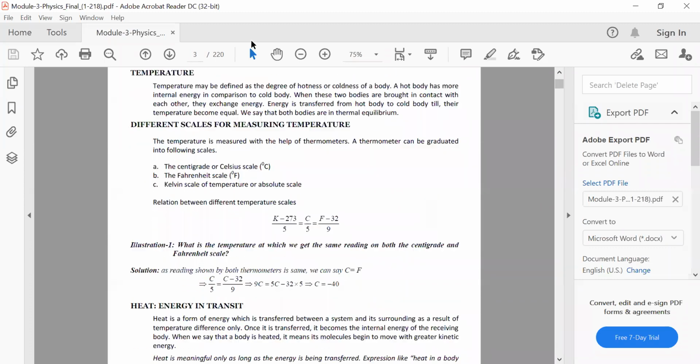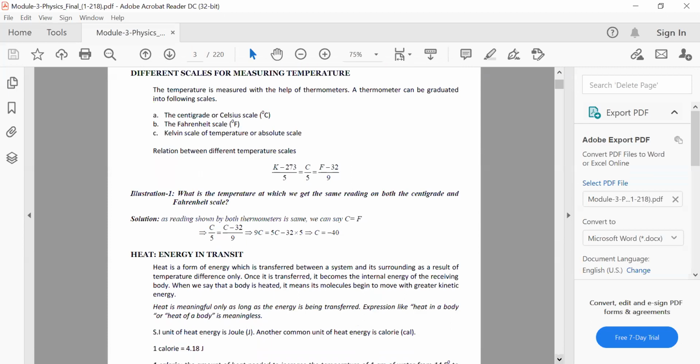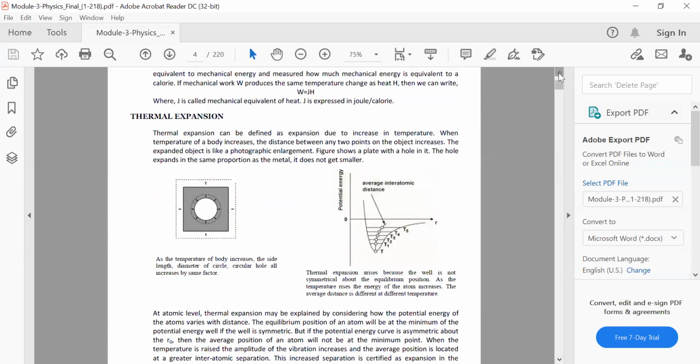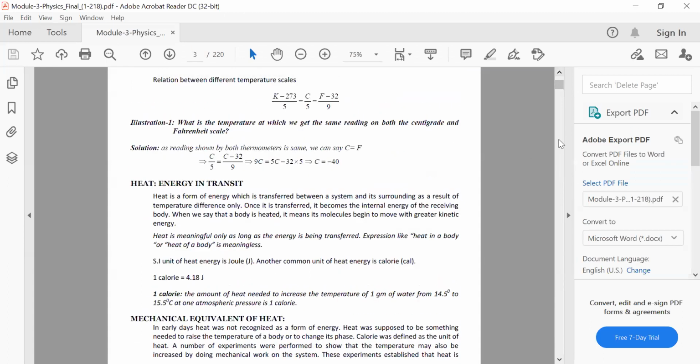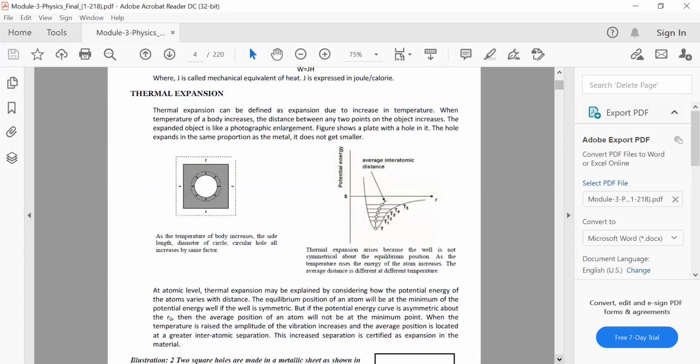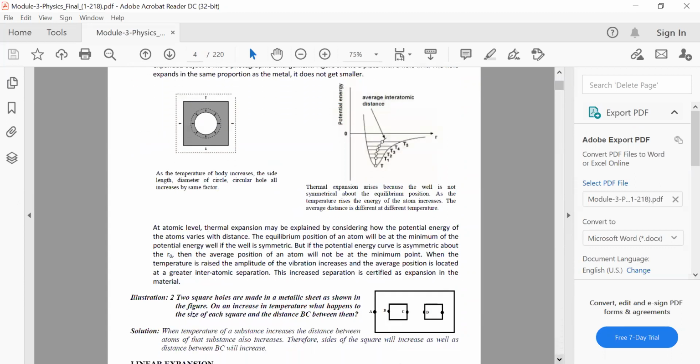As you can see, the first thing you have to go through in this is the heat and temperature concept. Okay, different temperature scales, heat as a form of energy. All these things we discussed in the first couple of lectures of heat and thermodynamics. Mechanical equivalent of heat, that is the relation between joule and calorie. Okay, this last portion here. So you have to go through all these things. Not much in terms of difficulty level.